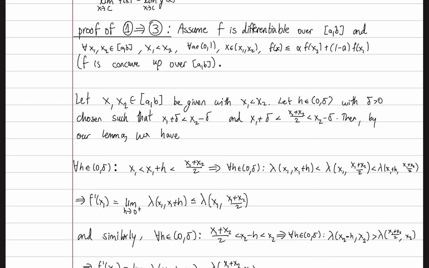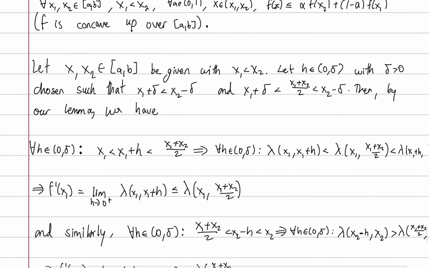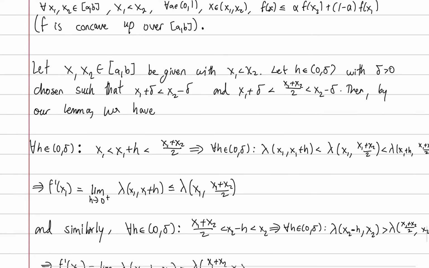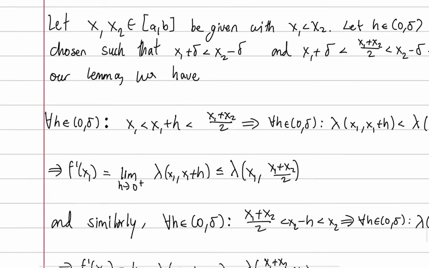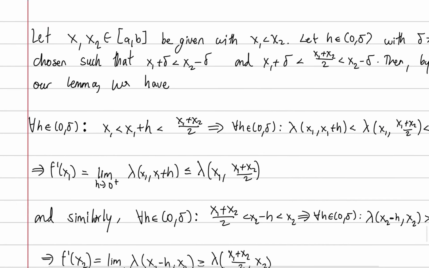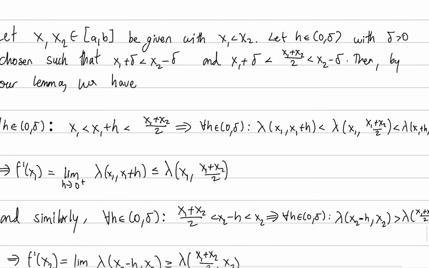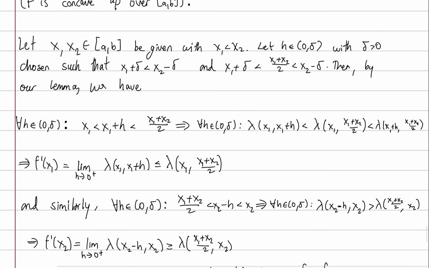We're going to choose the delta such that x1 plus delta is less than x2 minus delta. And in reality, the arithmetic mean is between x1 plus delta and x2 minus delta. Remember, delta has to be chosen to be so small that this can be done, and it can be chosen, right? And we're going to let h be any number between 0 and delta. So for all h between 0 and delta, we have x1 is less than x1 plus h is less than the arithmetic mean, which implies that for all h between 0 and delta, we can now apply our